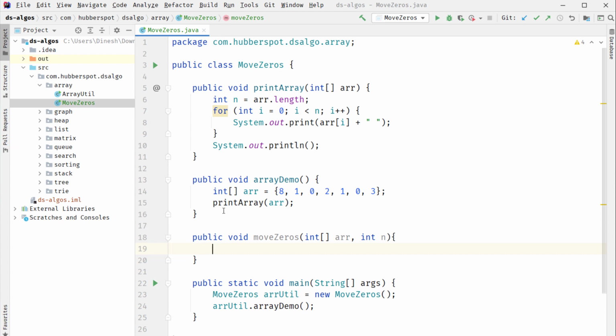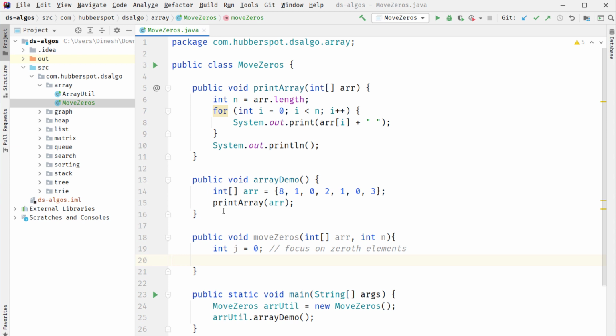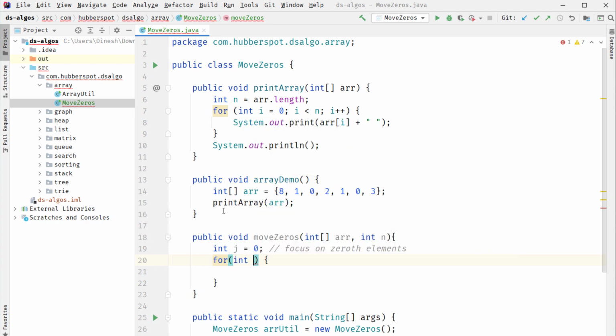And we also discussed the idea behind this algorithm is we take two pointers, let's say one as j, which will focus on zeroth elements, and one pointer is i, so here i will focus on non-zero elements.